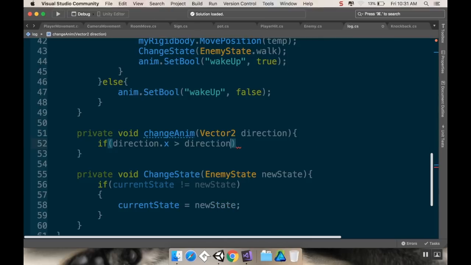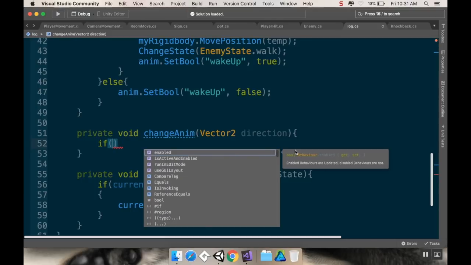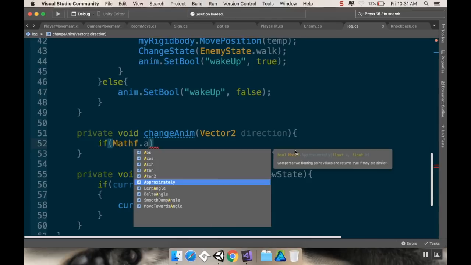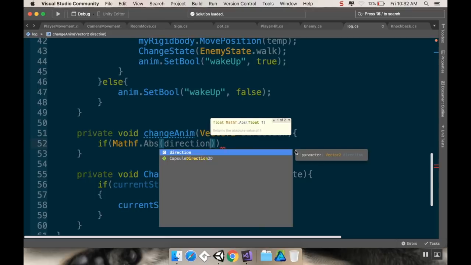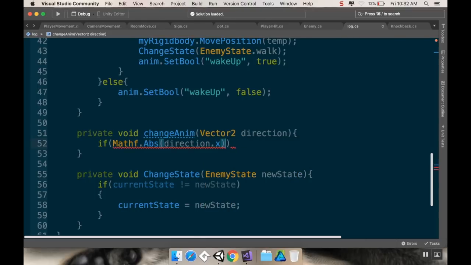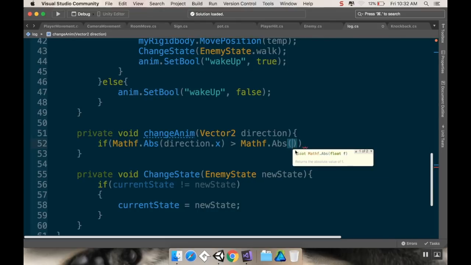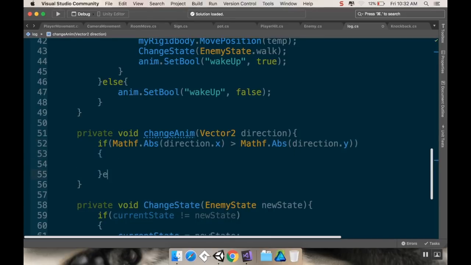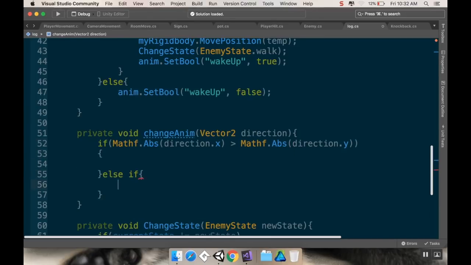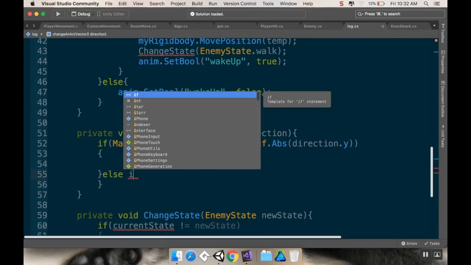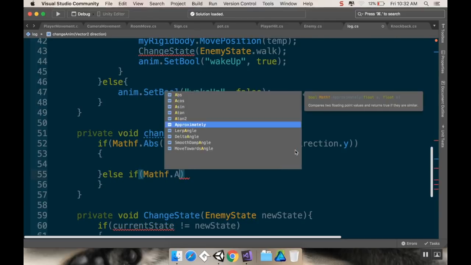So I want to say if direction.x is greater than direction.y. Actually, I don't just want that, because it could be positive and negative, the y could be bigger, negative. I want to check their magnitude or their absolute value. If Mathf.Abs direction.x is greater than Mathf.Abs direction.y, and then else if Mathf.Abs